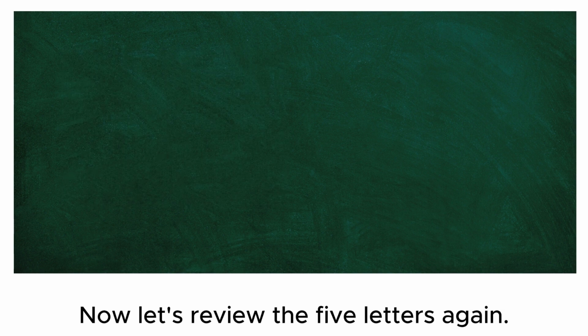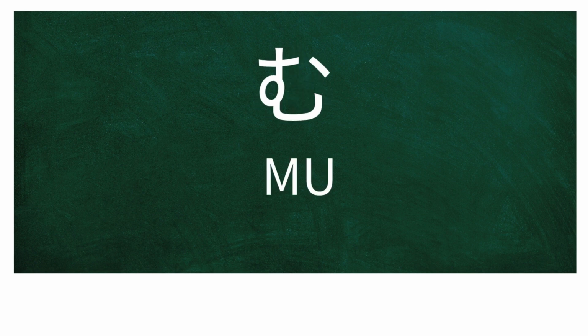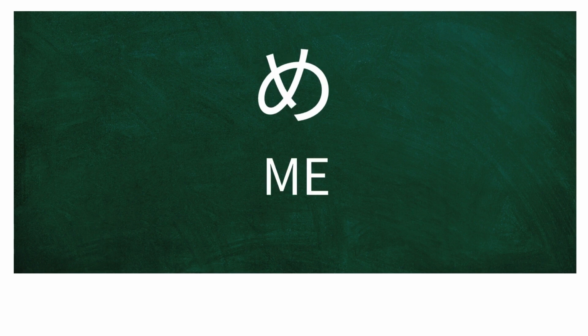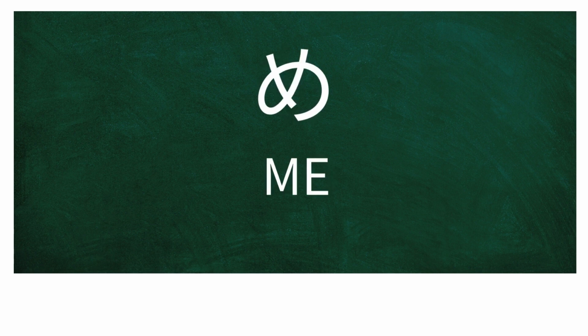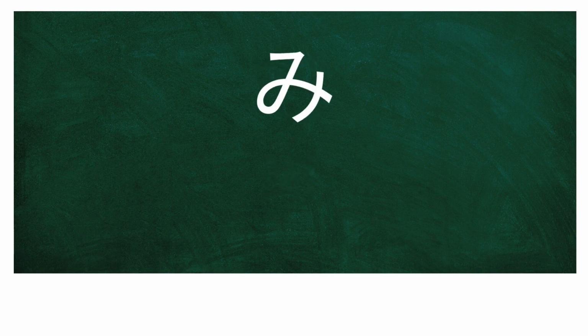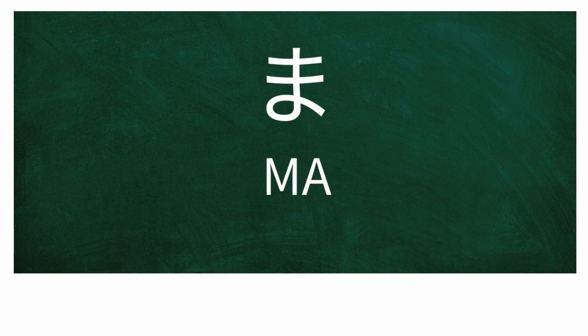Now let's review the 5 letters again. Please repeat. ま、み、む、め、も、 Back to the front. Please repeat. も、め、む、み、ま。